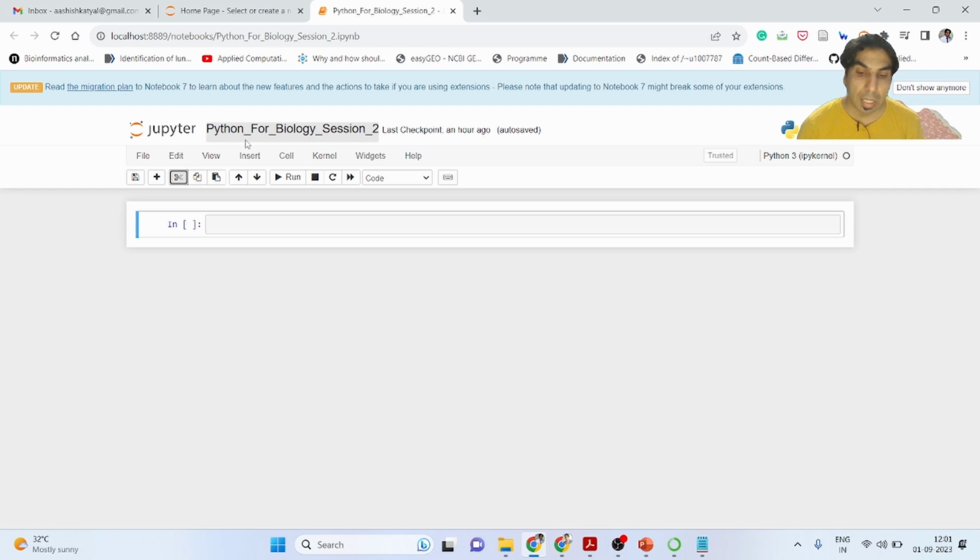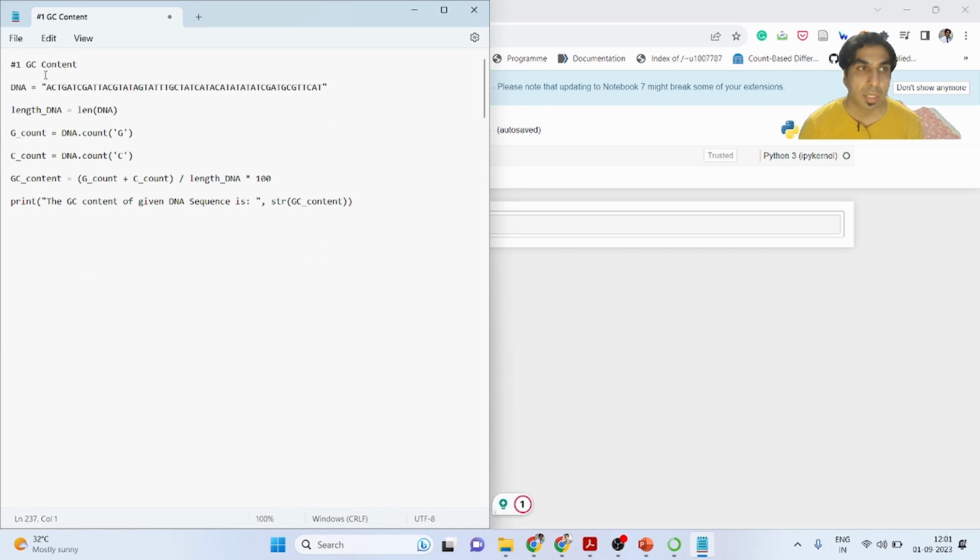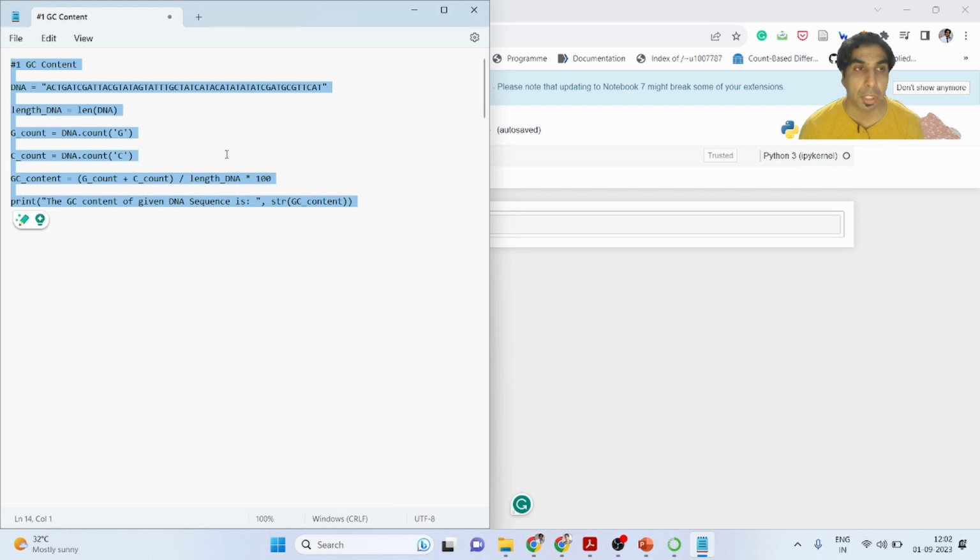I am not typing all the things together to save time, but I will give you detailed information regarding each script. How can we find out that region, or how can we find out those particular parameters by using a Python script? So the first thing which we have to do is related to GC content. So I'm just copy pasting that, and I will give you detail in that case.